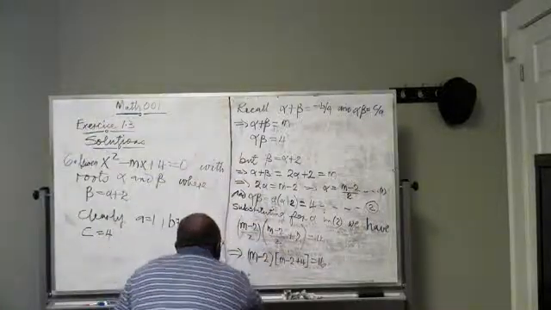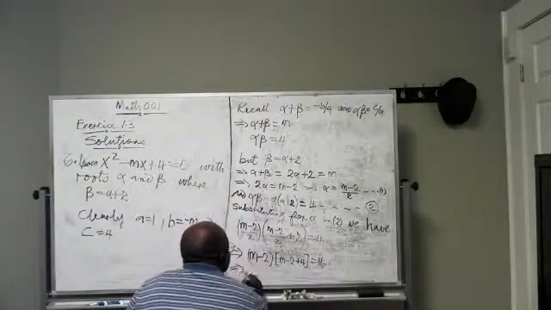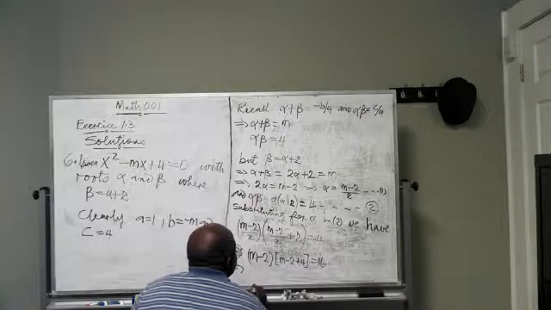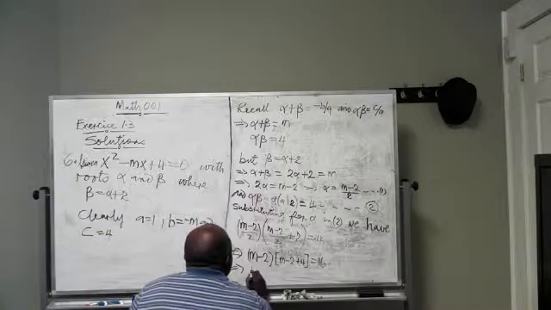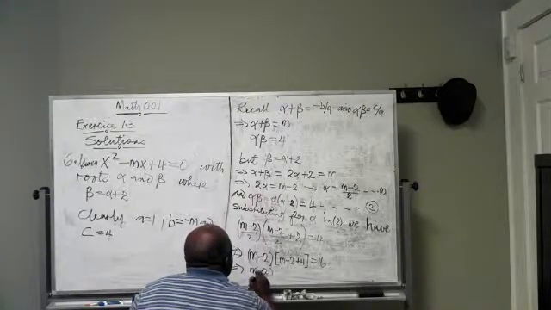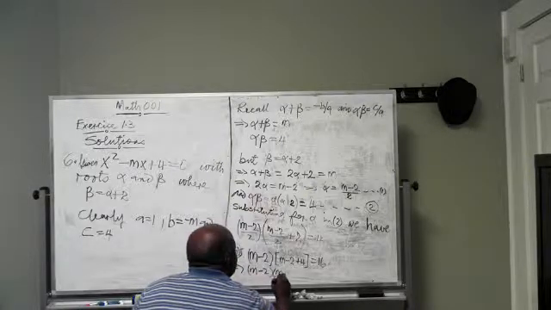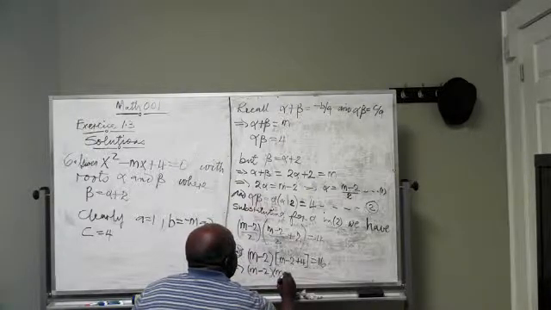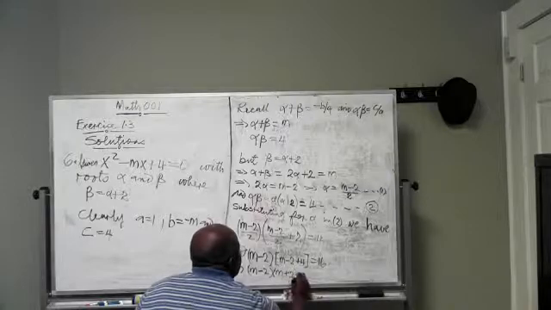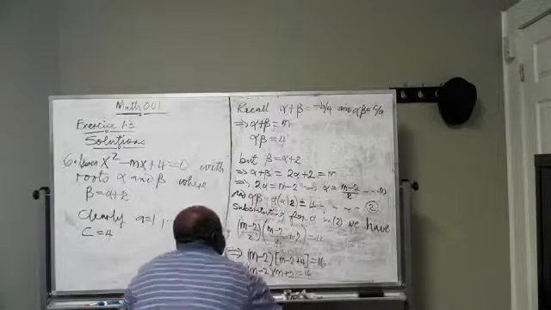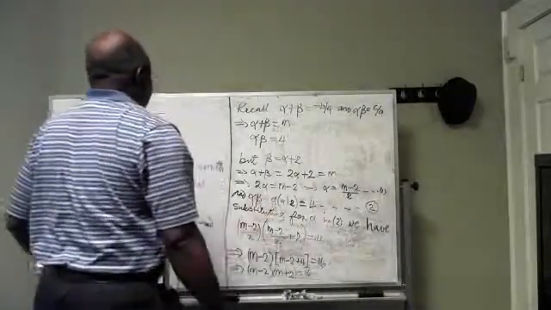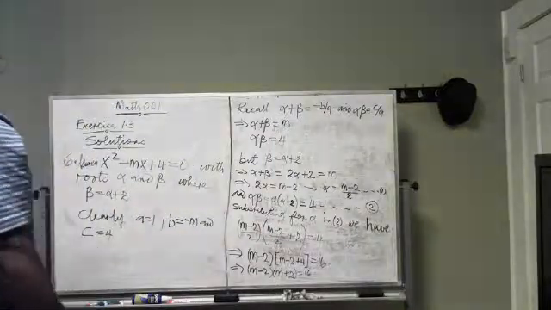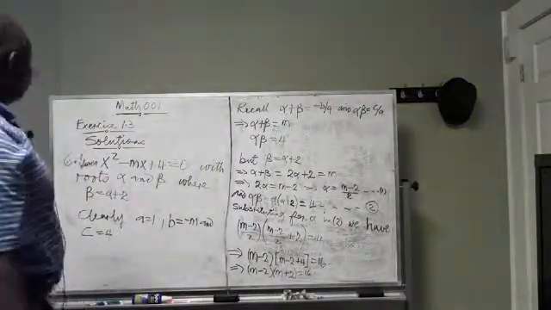Which implies m minus 2 into m plus 2 equals 16. If we continue this way,